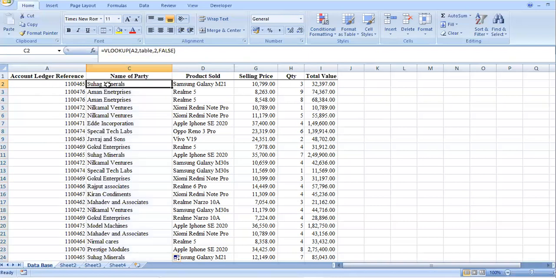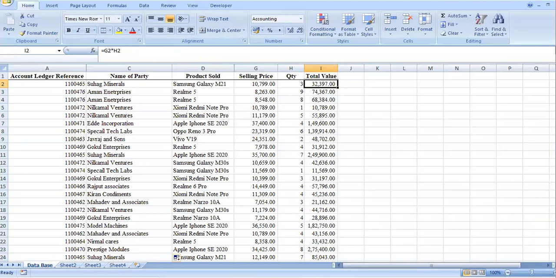Okay, we now saw, with the reference number, how to get the names of the party using VLOOKUP. Now, any data we call GIGO, garbage in, garbage out. Before we process data, we need to understand if there are any errors or mistakes in the data. Now let us see whether the selling price given by the sales agent is correct.